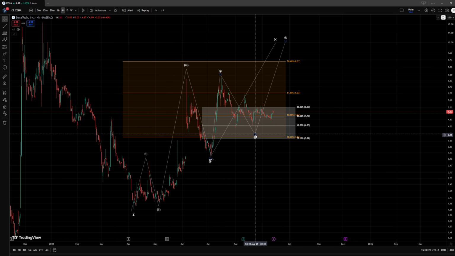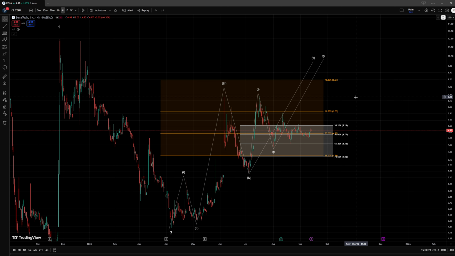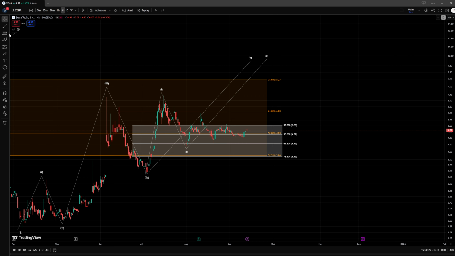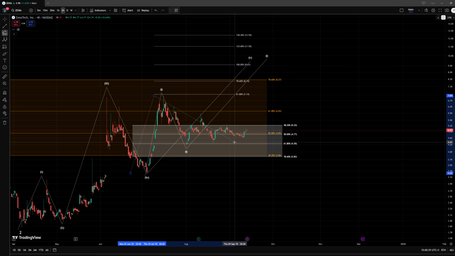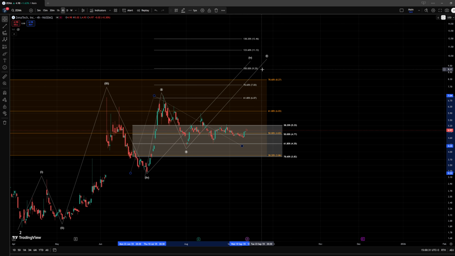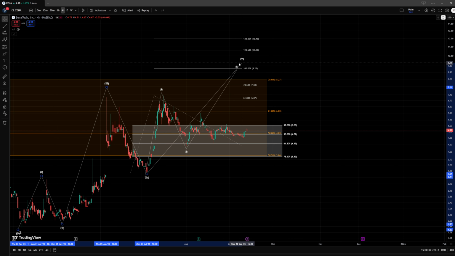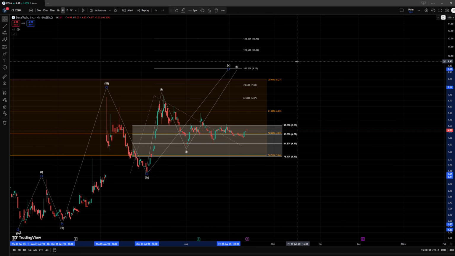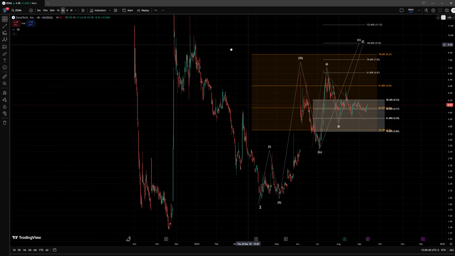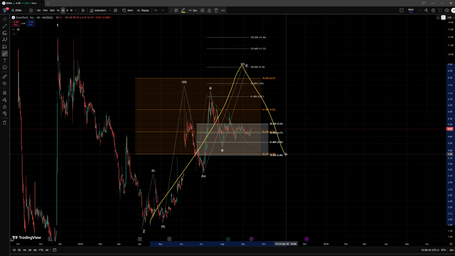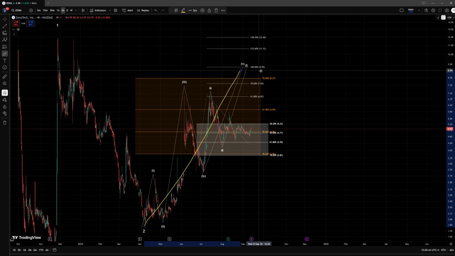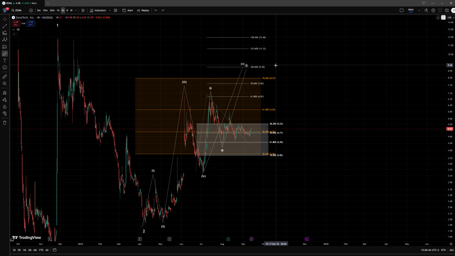Now this wave B could have actually bottomed here, and in that case I would be looking for an ideal extension at the 100% level at around $9.2, and this could be the top of the 5th wave that would be completing this overall wave 1 to the upside. Now keep in mind, the C wave does not need to get there or stop there even. That is an ideal target,